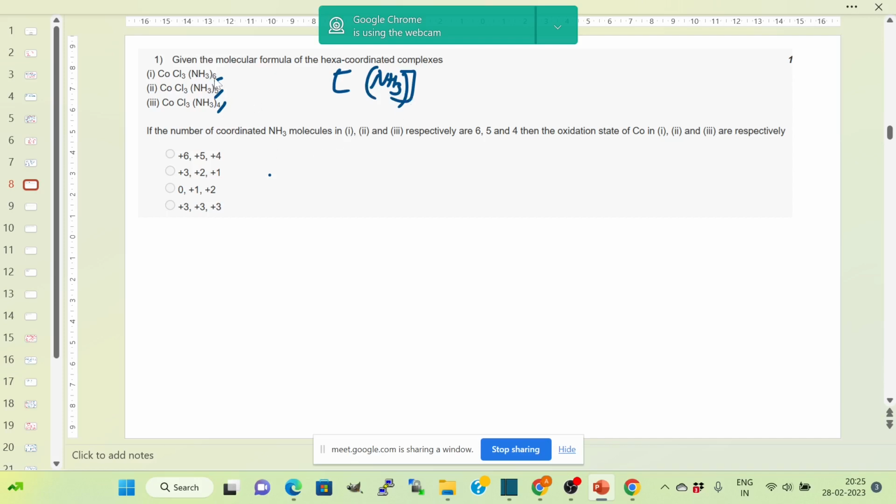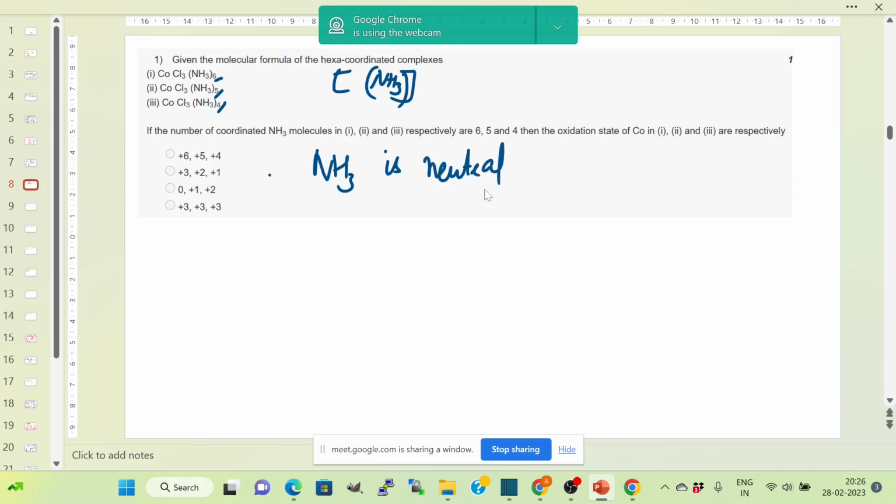So the first one has 6 NH3, second one has 5 NH3, third one has 4. But does this affect the oxidation state? No, right? Because all of these complexes have 3 chlorines and the only number of NH3 is changing. But NH3 is neutral,